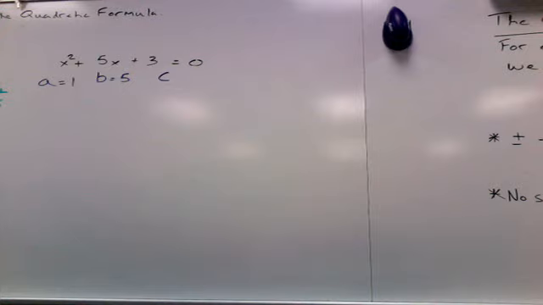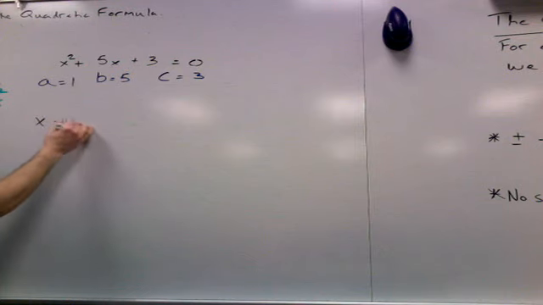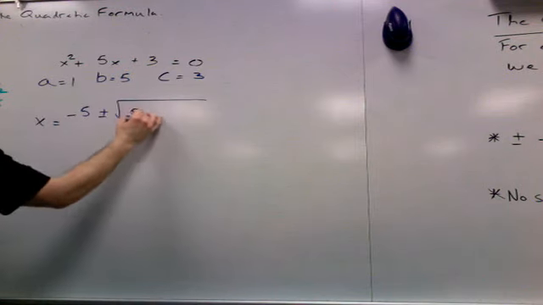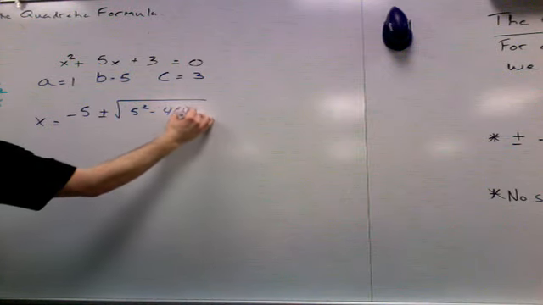Okay. What's my C? 3. Okay. So now I know what A, B, and C are, right? Yes. So then I can sing the song to myself again. X equals negative B plus or minus square root B squared minus 4AC